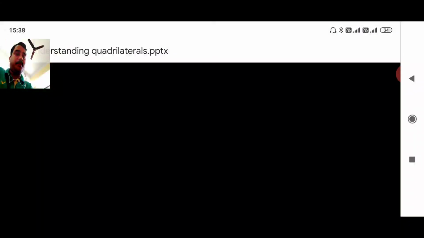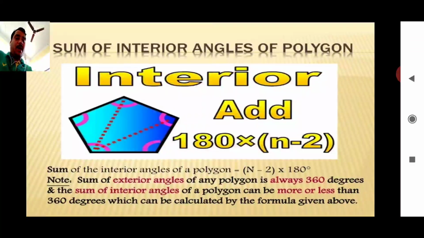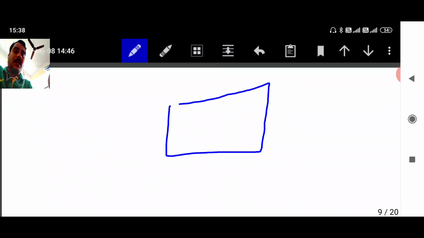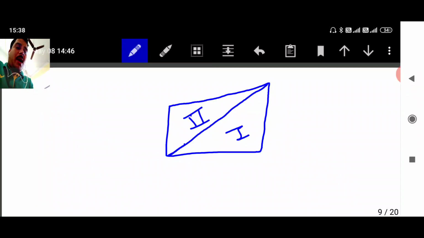Next one, sum of interior angles of a polygon. How can we find the sum of interior angles of a polygon? We have a quadrilateral. If we draw a diagonal of this quadrilateral, we obtain two triangles, first triangle and second triangle, and you know that the sum of angles of a triangle is